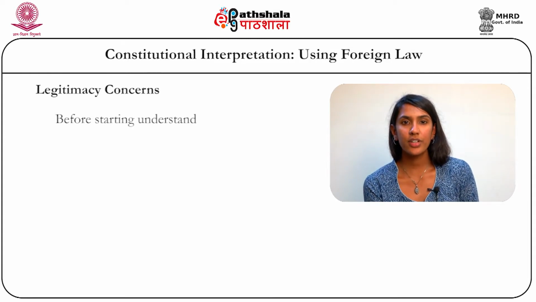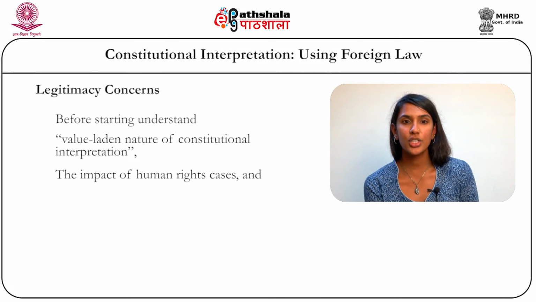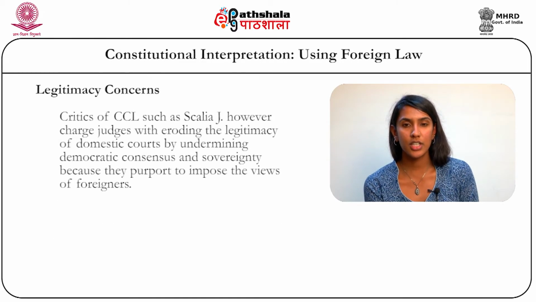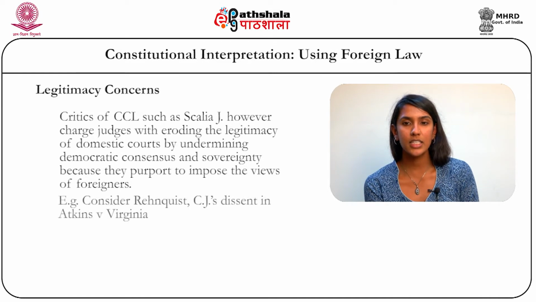While we start this, we should first understand that the value-laden nature of constitutional interpretation, the impact of human rights cases, and the judicialization of politics has meant that comparative constitutional law should not diminish public confidence in the administration of justice. However, its critics, such as Justice Scalia in the American Supreme Court, charge judges with eroding the legitimacy of the democratic courts by undermining democratic consensus and sovereignty, because domestic courts are then purporting to impose the views of foreigners. We can even look at Chief Justice Rehnquist in his dissent in the famous Atkins versus Virginia case